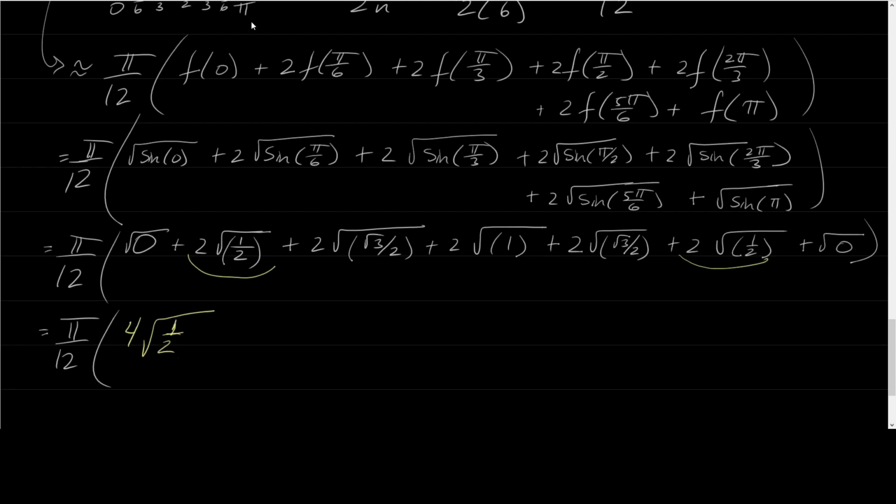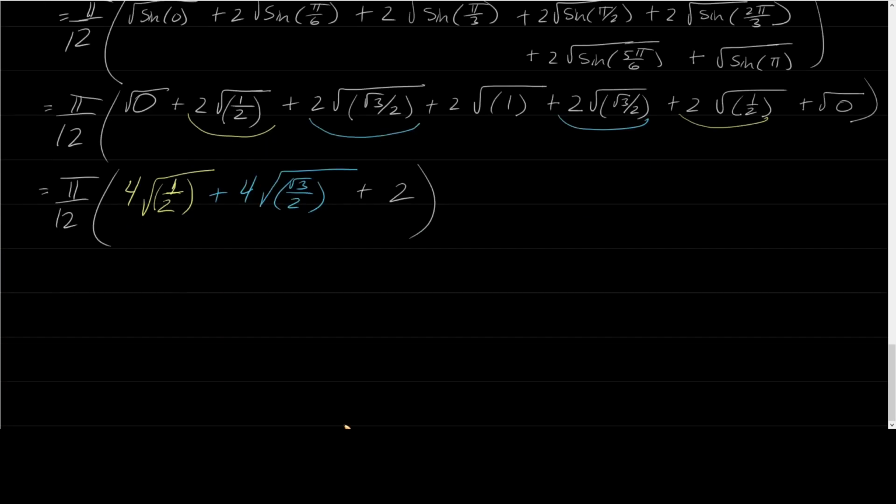Alright, what else do I see? I see that I have 2 times radical 3 over 2 and 2 times radical 3 over 2. That's going to give me 4 times radical 3 over 2. And lastly, I see here I still have the square root of 1. So the square root of 1 is 1, times 2 is just 2. So now we've got two statements there in yellow and blue that we should